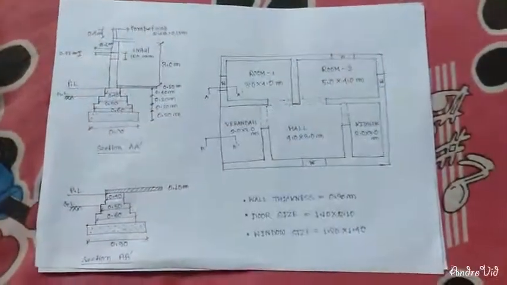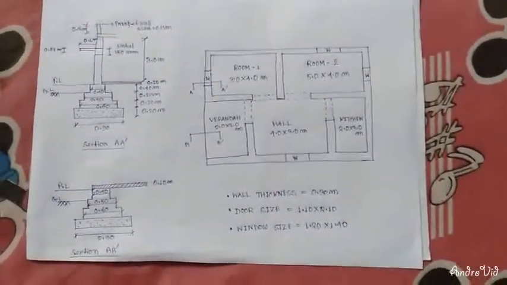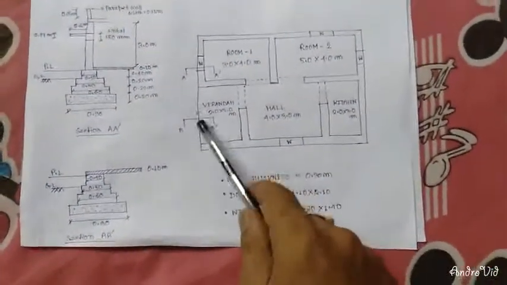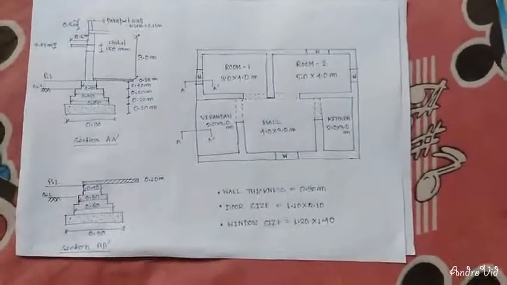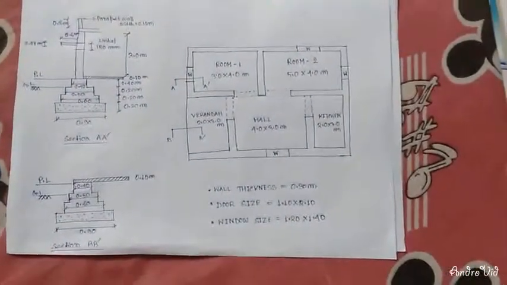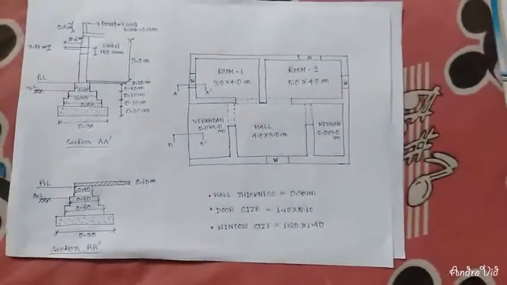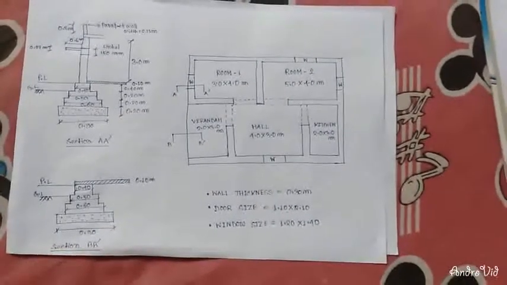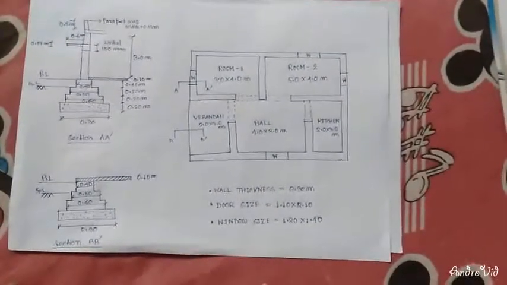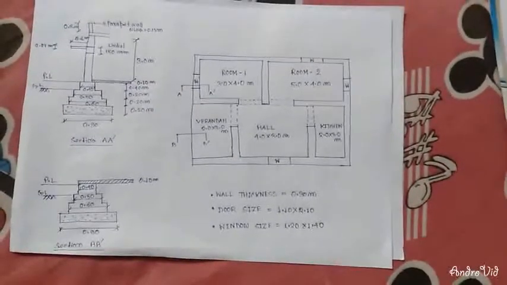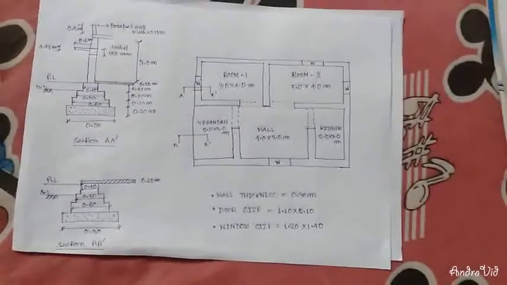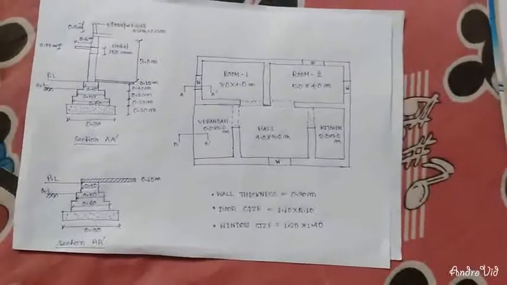After that we have our slab, and then our parapet wall. The second section is for the open veranda, because no brick masonry wall is given there. In the open veranda there is no brick masonry wall, but that does not mean we don't have any foundation. In this section only the wall will not be there, but everything from foundation to plinth and DPC will be there, the same as in the previous section.